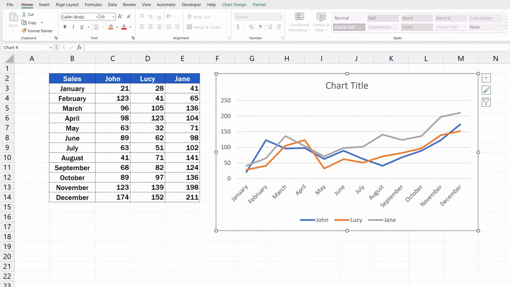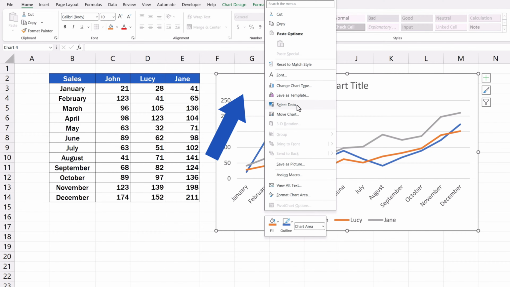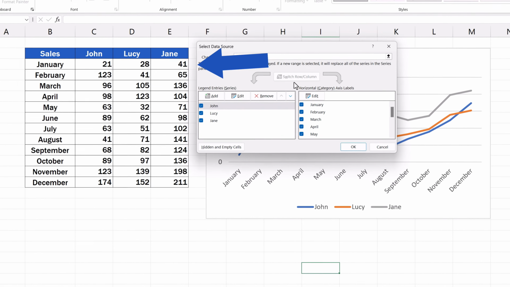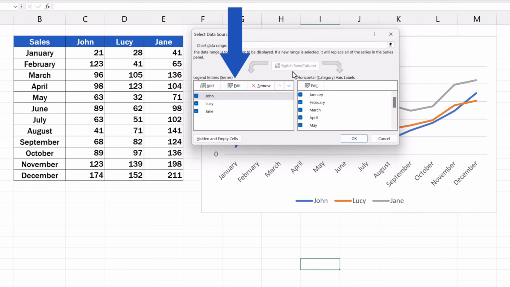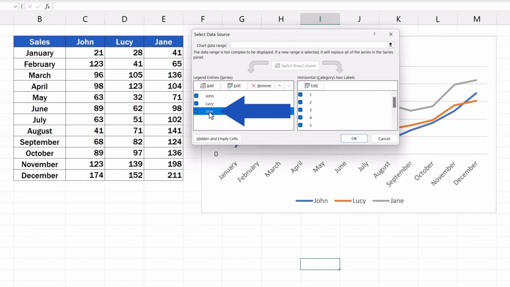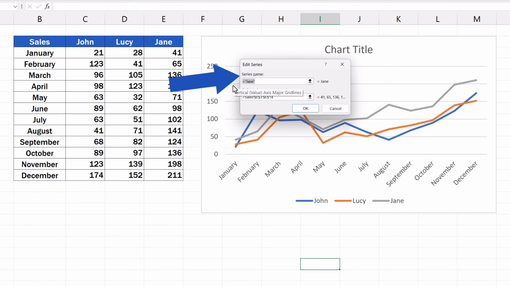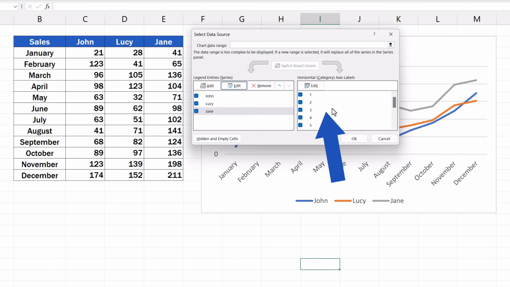And let's move on now. Let's take a look at how we can edit the lines in the graph or remove them completely. We right-click into the graph area again, go to Select Data one more time, and we'll start with the Edit button here. With this button, we can edit the data series name or range. We can click on Jane and press Edit, which will allow us to rename the data series or change the range of the series values just as we need. We don't want to change anything right now, so we can hit Cancel and move on to the last button here, Remove. That one serves to remove any data series no longer needed in the graph.